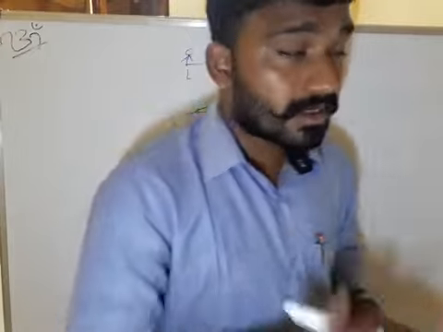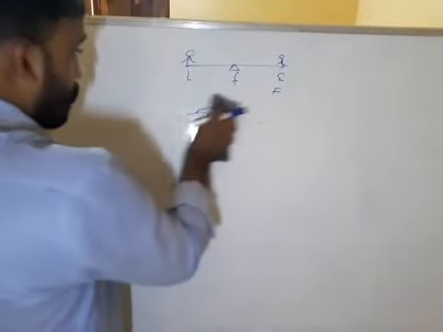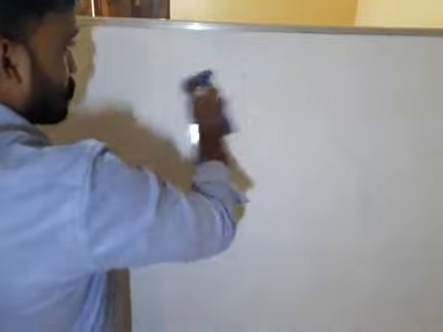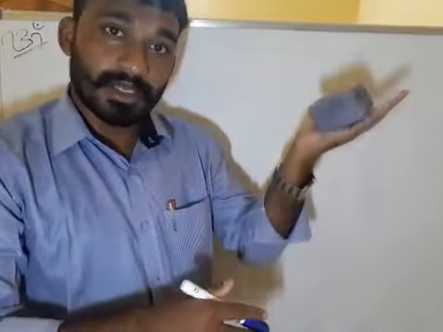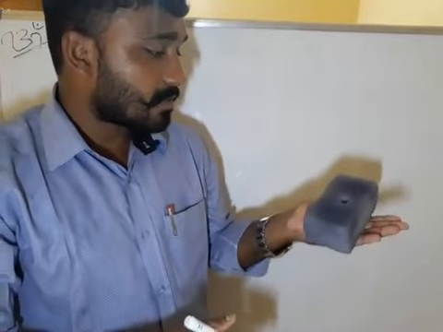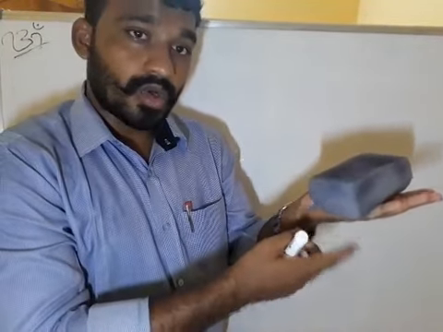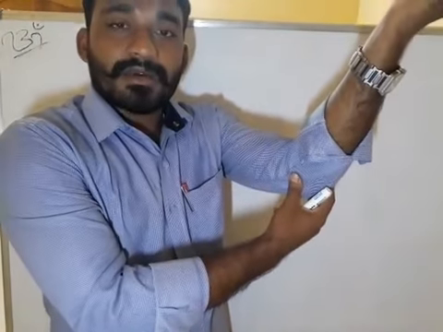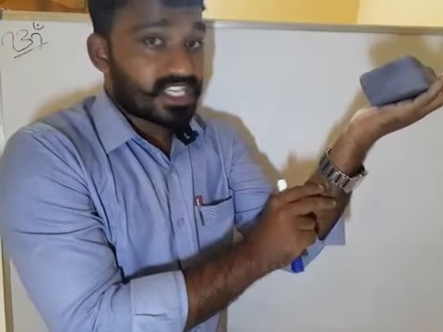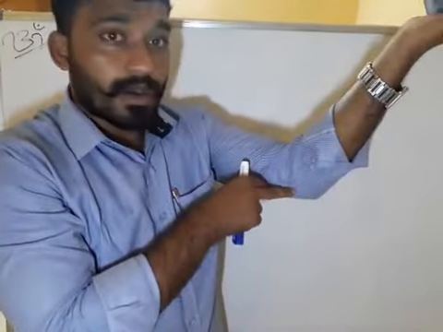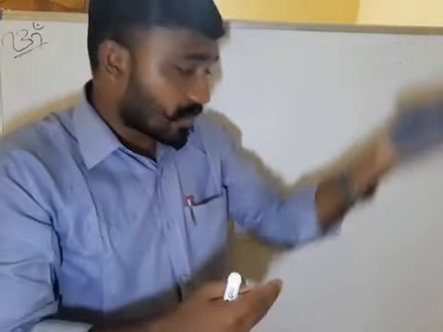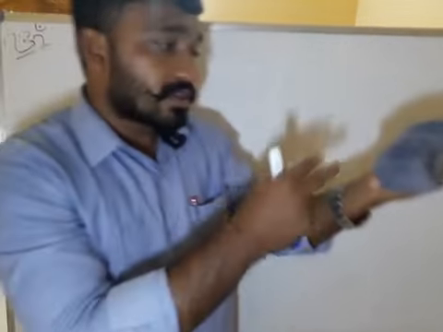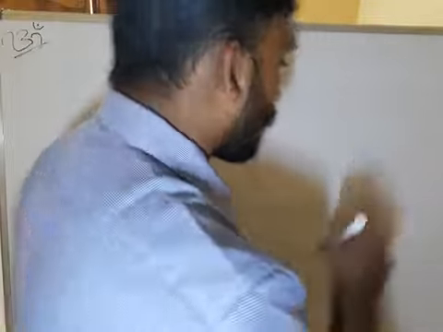What are the examples? Let's see one example. Our arm: when you are holding something in your palm, this is the load. Here you are applying effort, and this elbow acts as the fulcrum. It means the effort is in between load and fulcrum, so our arm, when holding something, is also a class 3 lever.